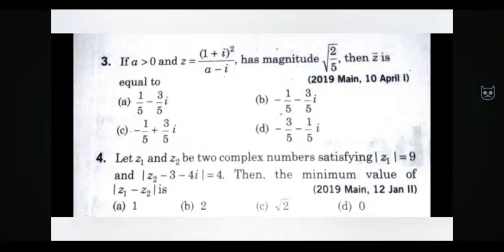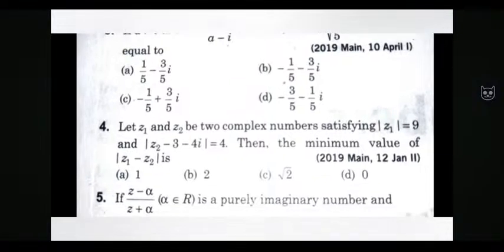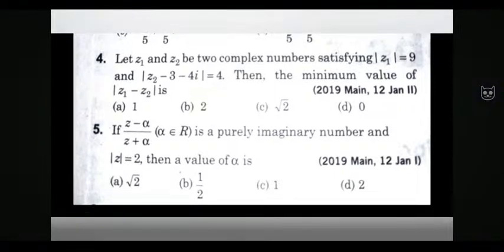The next question, let z1 and z2 be two complex numbers satisfying mod z1 is equal to 9 and mod (z2 minus 3 minus 4i) is equal to 4. Then the minimum value of mod (z1 minus z2) is. Check the options. Next question,